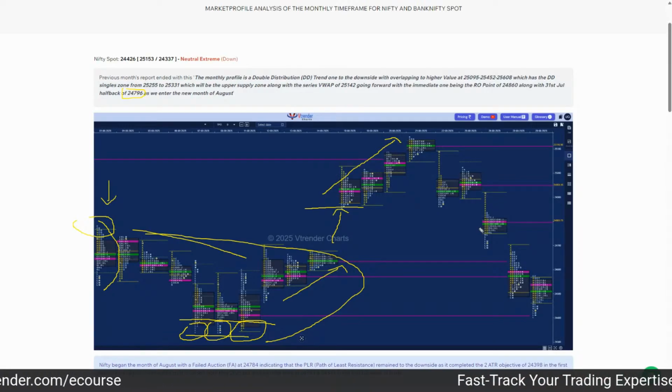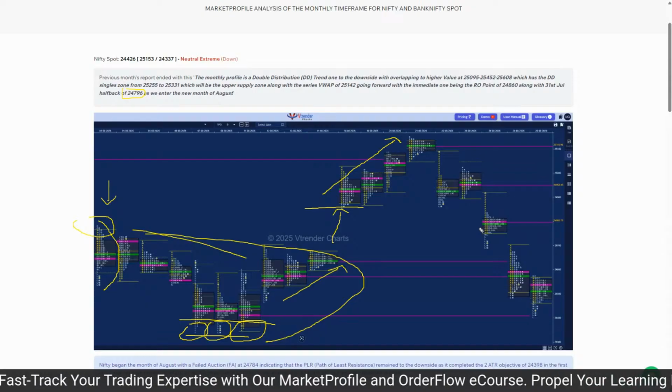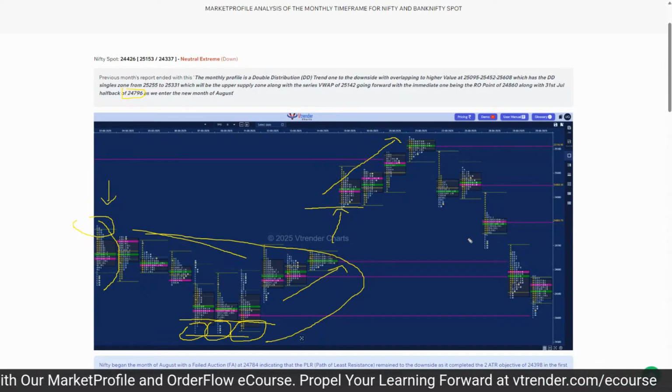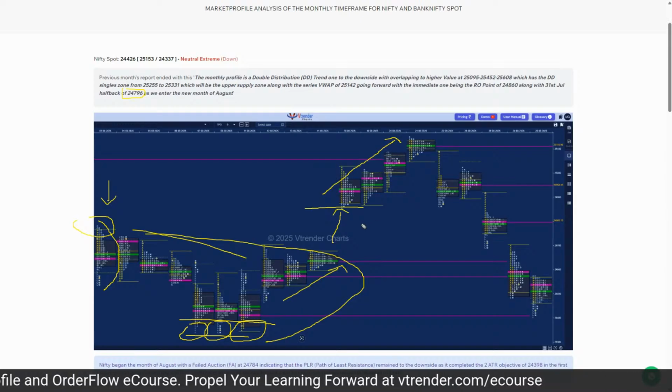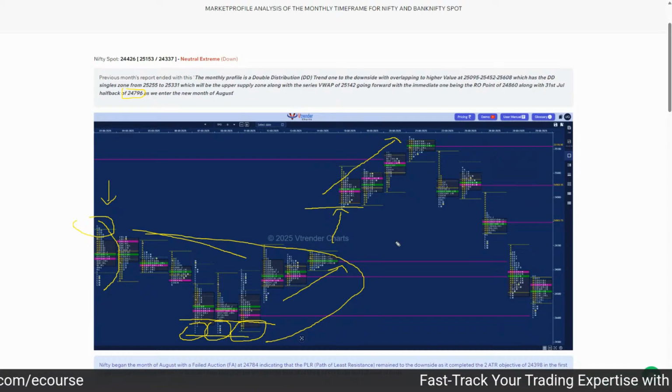And why do we know it was short covering? Because in Nifty futures, the open interest kept on reducing as we were climbing higher. So this is what was telling us it was more a short covering, and you can see the ranges were also small ones. It was not big range moves which we were having on the daily.